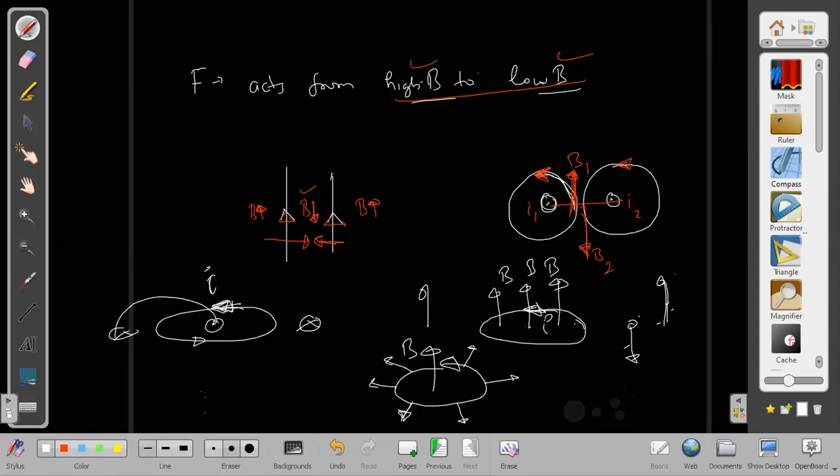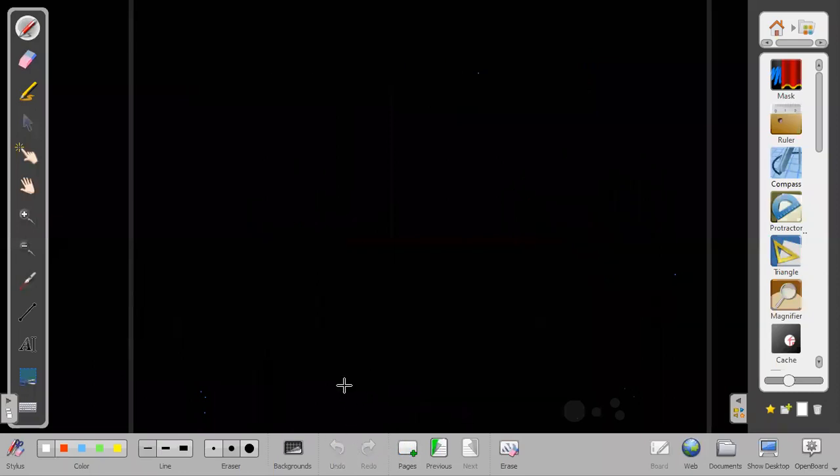Field lines coming from here and going this way. These are the field lines. And let us say the external field is upwards only, everywhere the same. If it is upwards, inside we notice that it is being added up, but outside it is being subtracted. As a result, the force will be acting from inside to outside. Understood? Right.